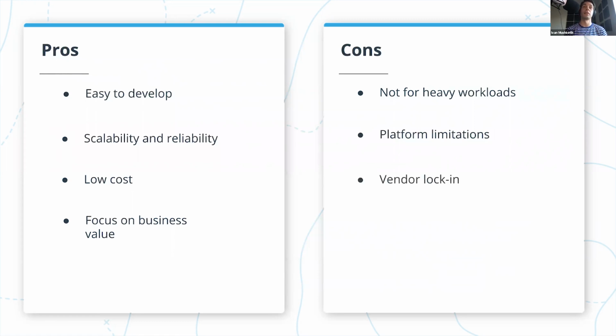The third thing that people are worried about is vendor locking. So if you use platform as a service, then you need to define your functions in a specific way. The events generated by a cloud provider have specific structure, and different cloud providers will have different structures for the same events. So it may be harder to move your application from one cloud provider to another if your application uses function as a service.